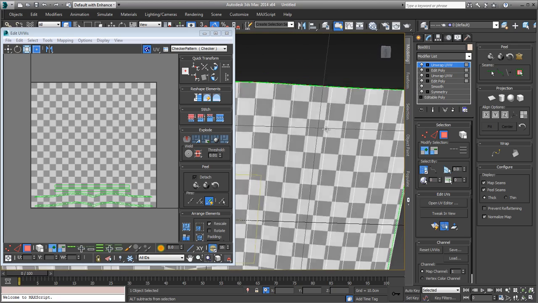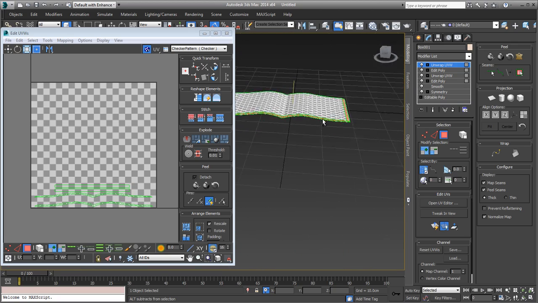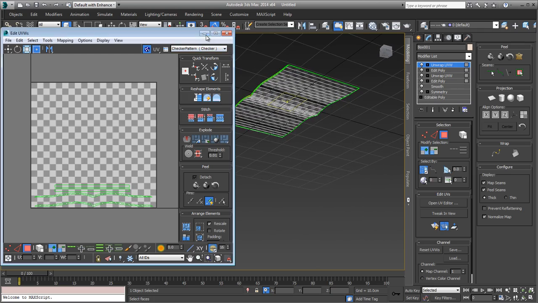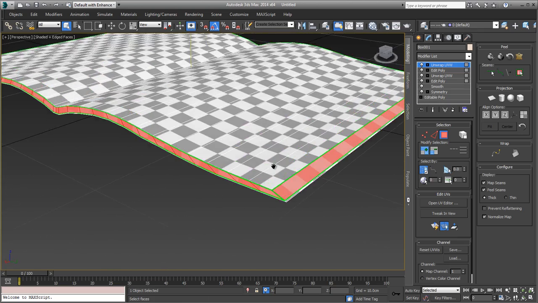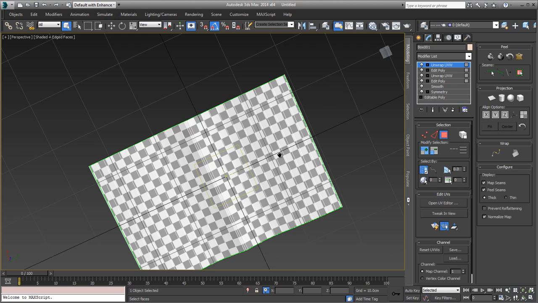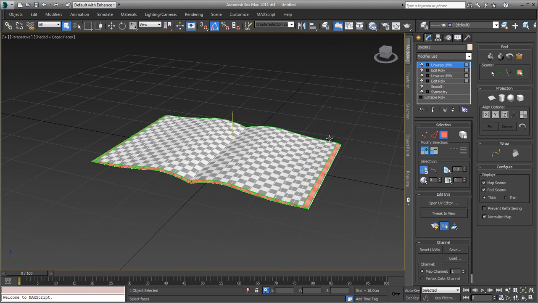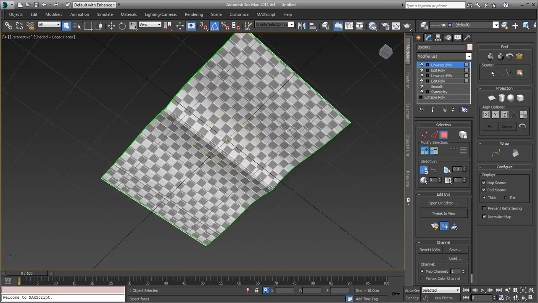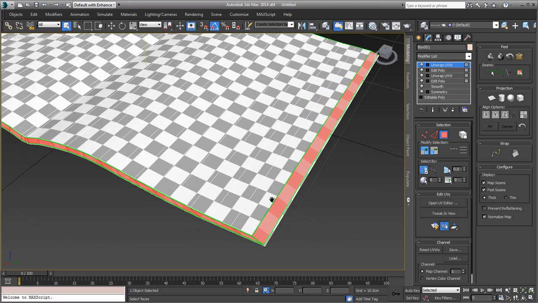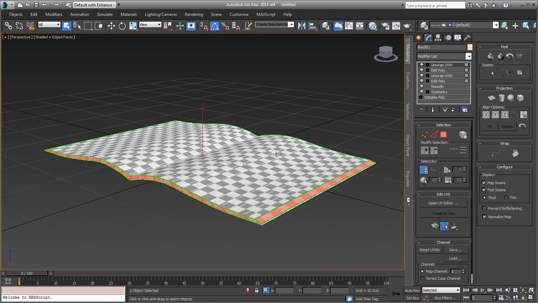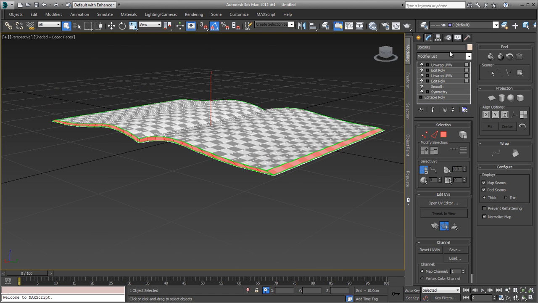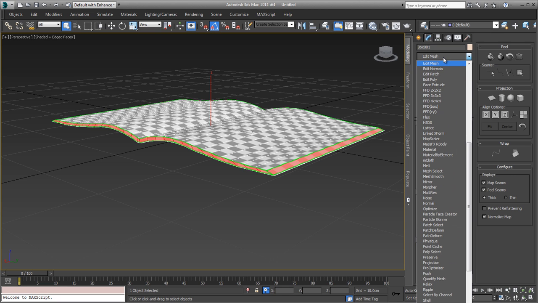Okay, this leaves us the cover. So there are two options here. I can, one, do the cover, or two, not do the cover, since this is meant to be laying with the back. Now I'll choose just to leave one simple color for the cover to speed things up a little bit. So what I'll do is another edit poly